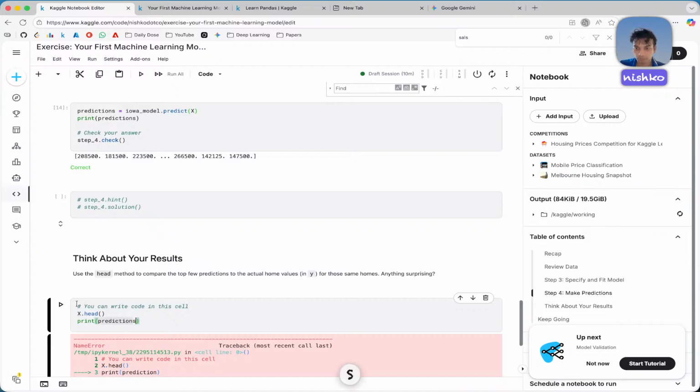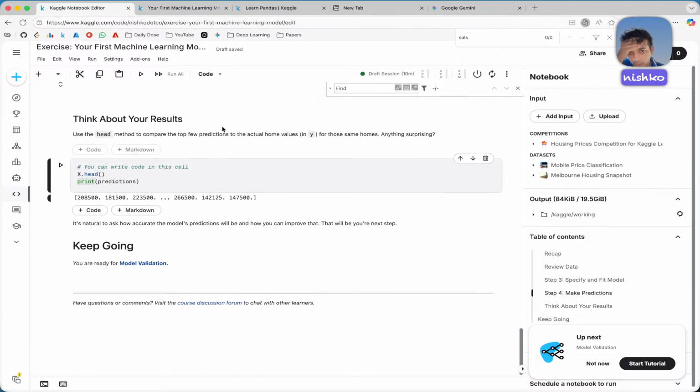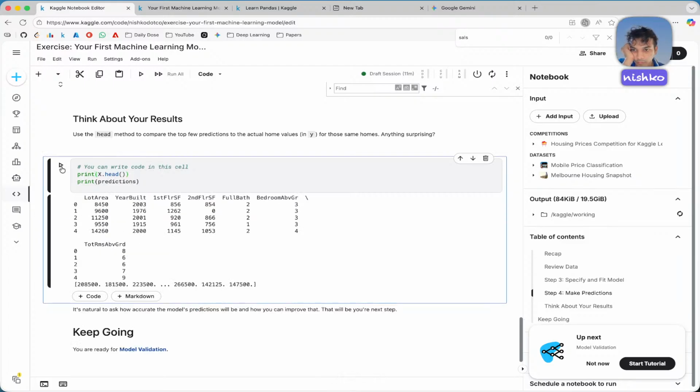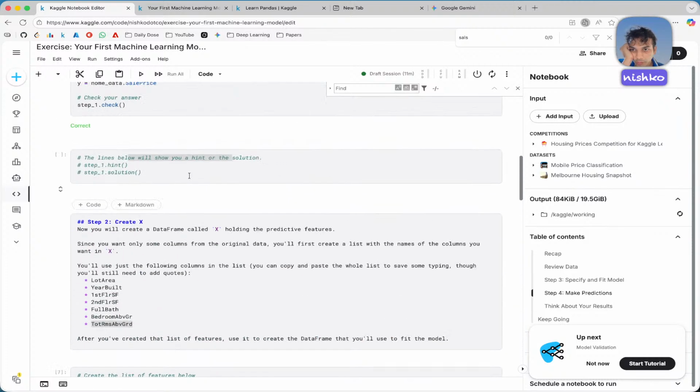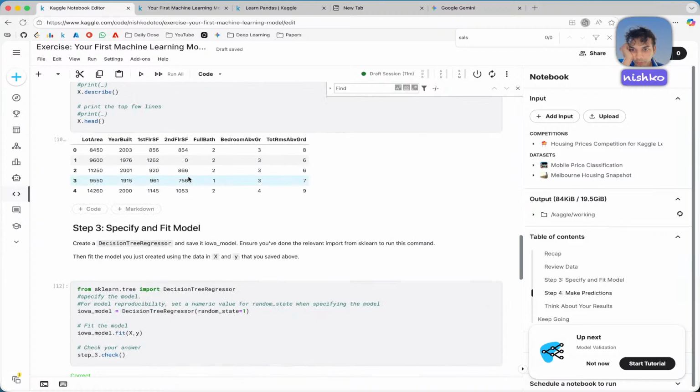Predictions. Okay, but how can I compare? How can I write a comparison? Let me write both the prints here and here, and then will I be able to compare? Okay, no, the actual values that I have to specify would be something from,